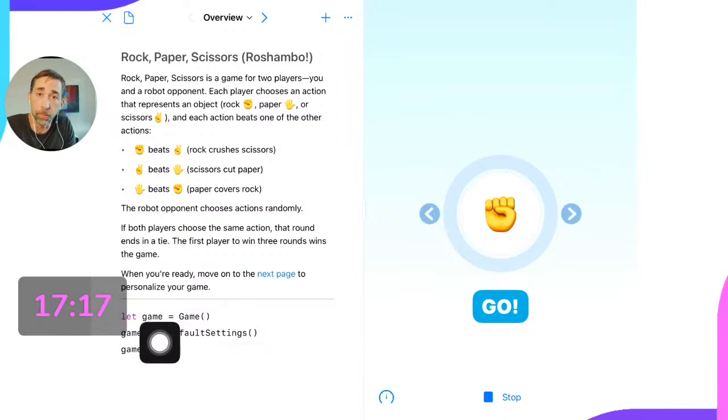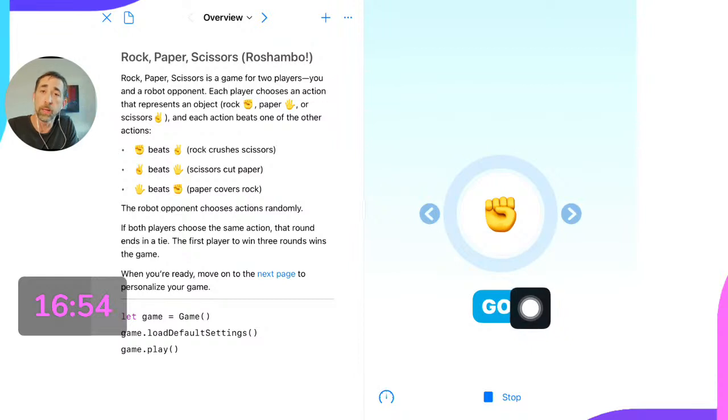We're creating a variable that's not going to change called game. And then game has some functions defined that we can call on it. So we can say game.load default settings, which is just telling the game, hey, this is a function I want you to perform. So somebody's written all this code for us already. So it's not too dissimilar from what we've been doing all week.